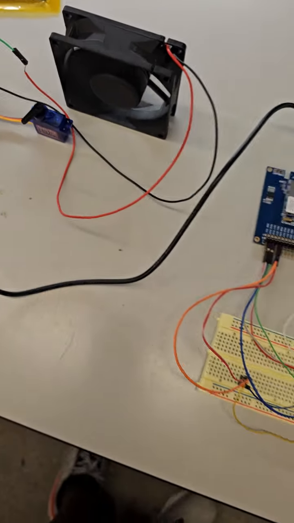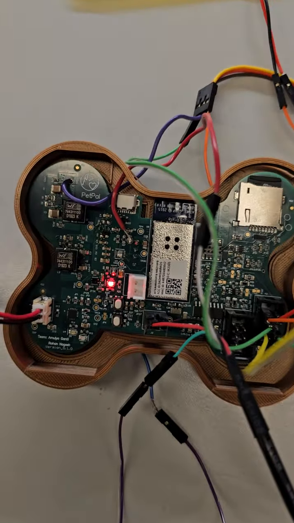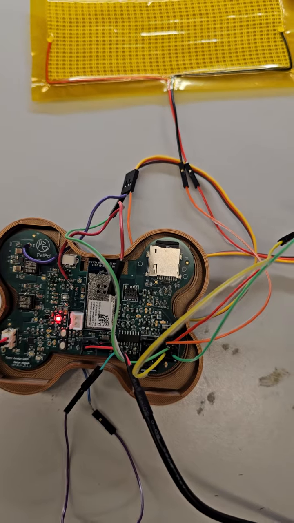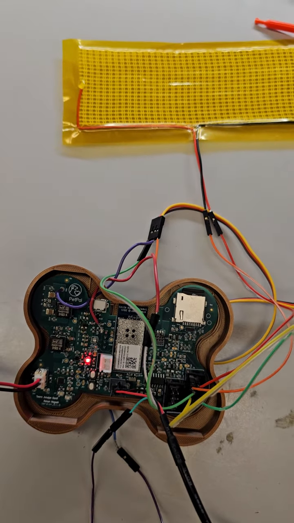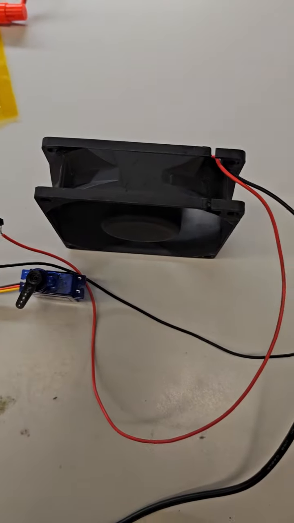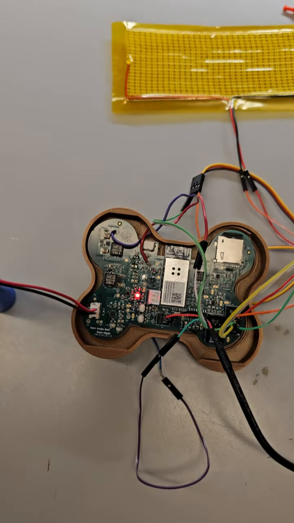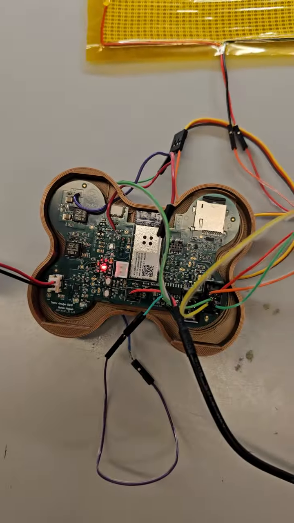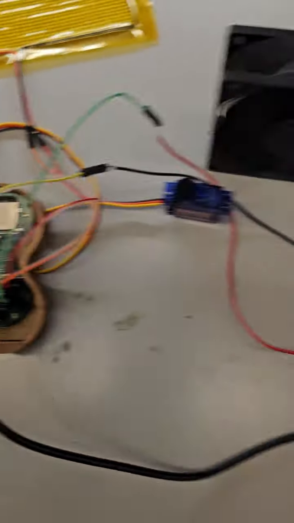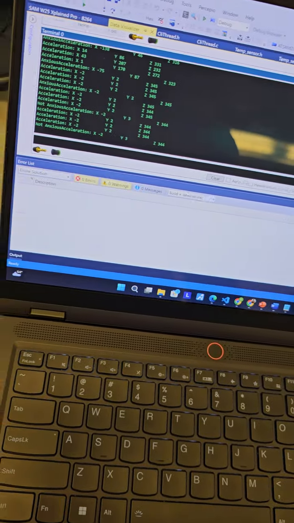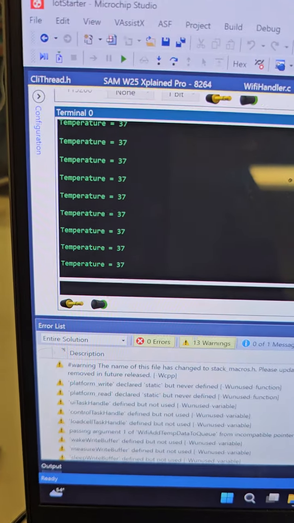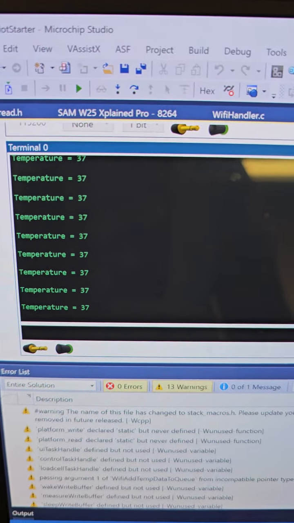Next we have the temperature sensor mounted. If it's beyond certain threshold values, probably beyond 29 degrees, the DC fan will be turned on, and if the temperature is less than, say, 20 degrees, the heating pad will be actuated. Right now the temperature is quite high, so I'll show the temperature readings on the CLI. Because of the board's heat as well, the temperature reading is now 37 degrees,